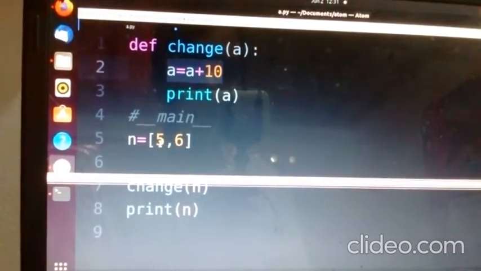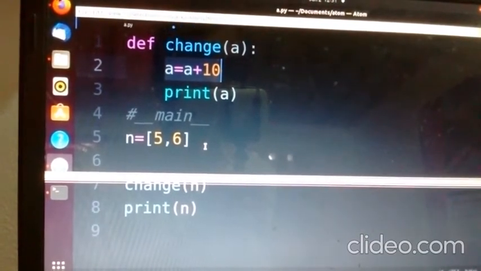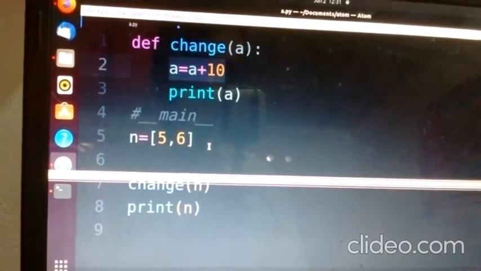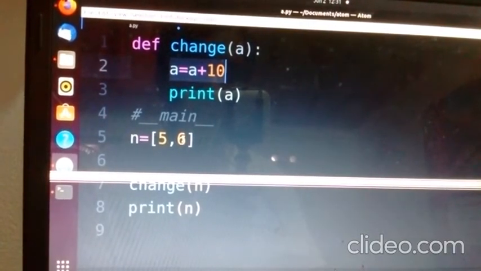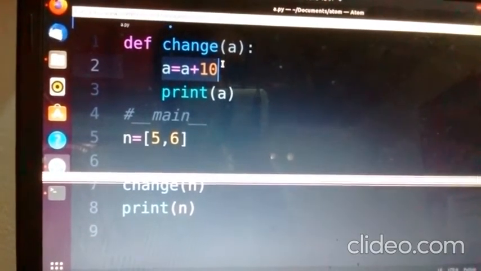I'm going to add 10 to each element of the list. That is, I'm going to add 10 to this 5, then 10 to this 6, using this function.